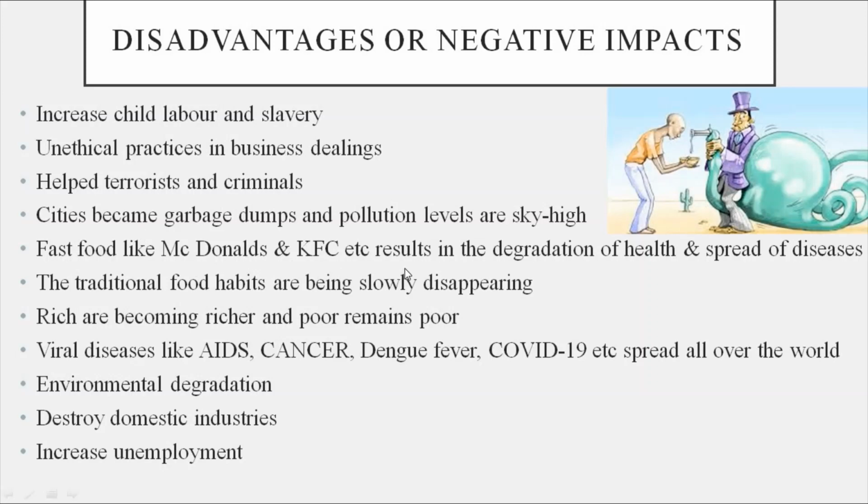So that came from other countries with this globalization, which results in the degradation of health and spread of diseases. Yeah, obesity comes and many diseases will come. Hormone variation also comes. Traditional food habits are slowly disappearing. Our traditional food, which is helpful for our health, to improve our immunity power and nutritious values, whatever we had in our